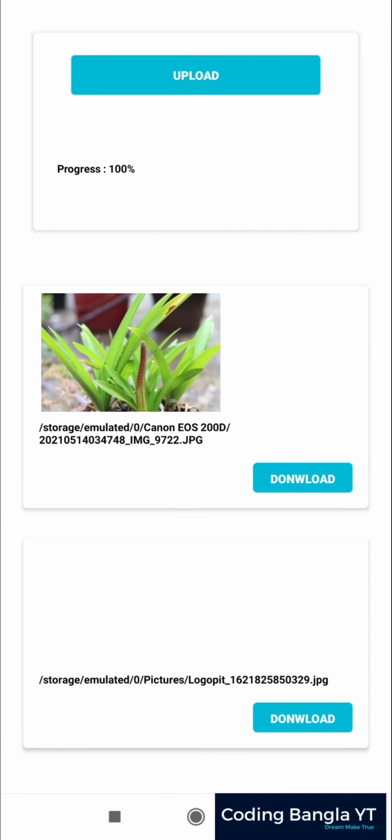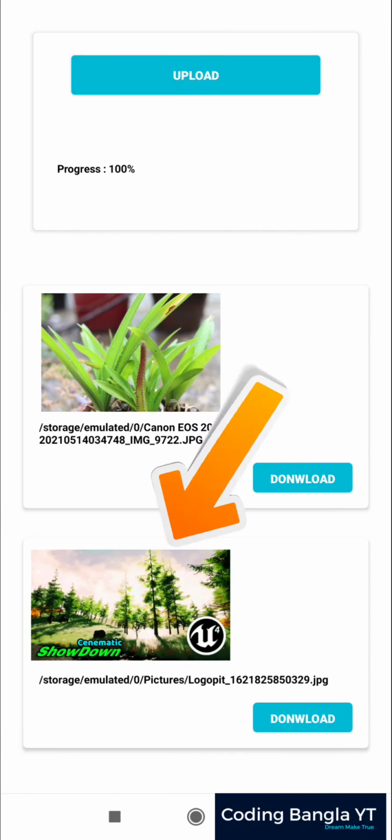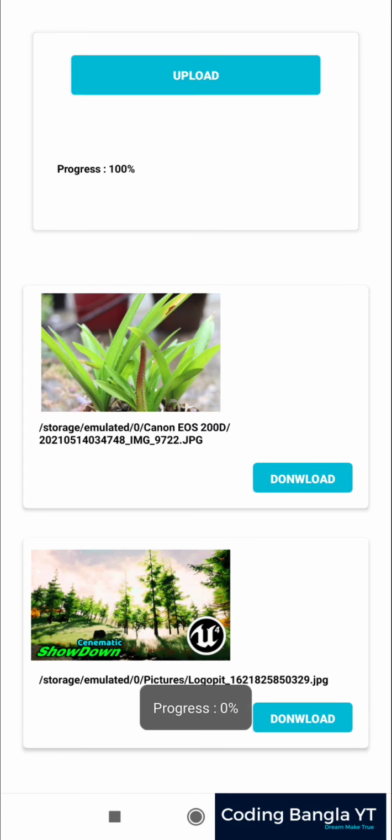As you can see, the image is now in the database, a list comes up, and there's also a storage location showing from which location this file was picked. If I press download, we can also download the image, and we can see the progress here. So let's see how we can make this same thing in our Kodular.